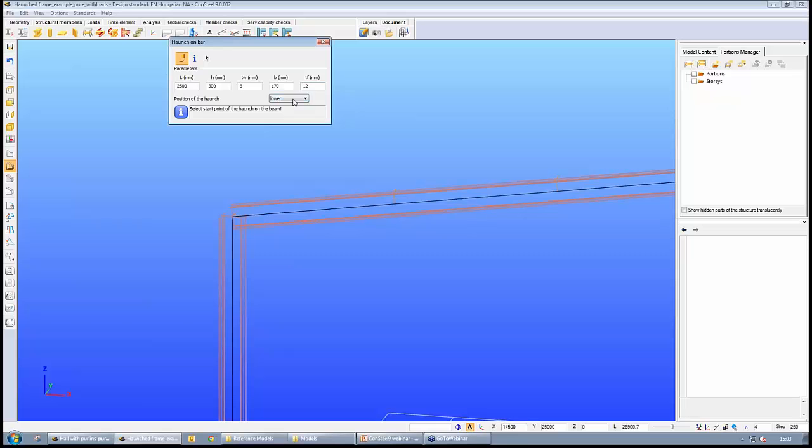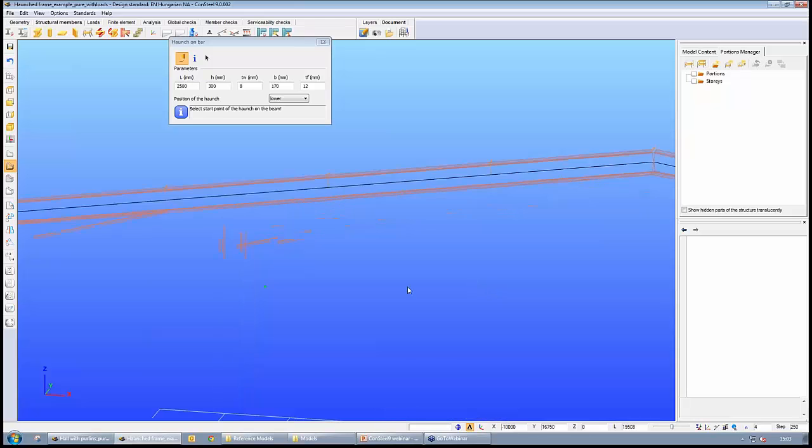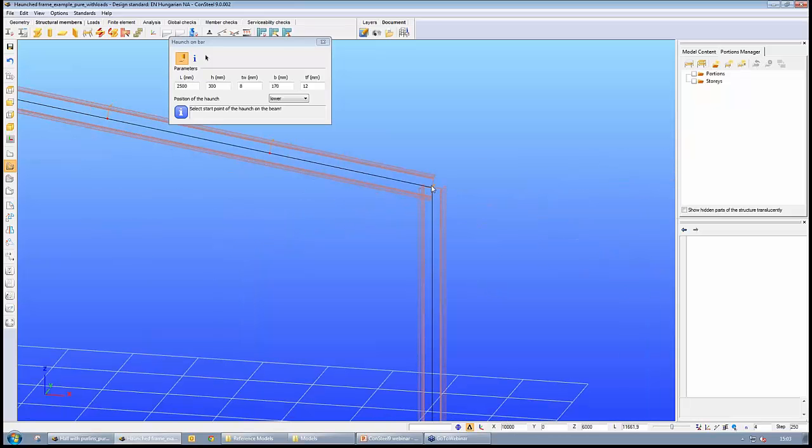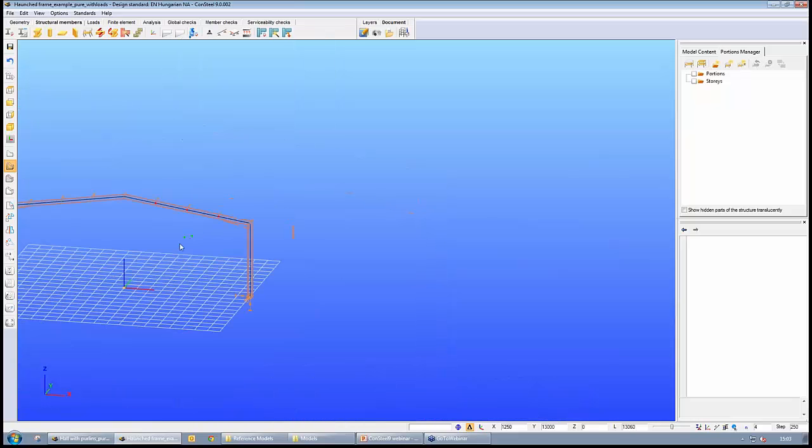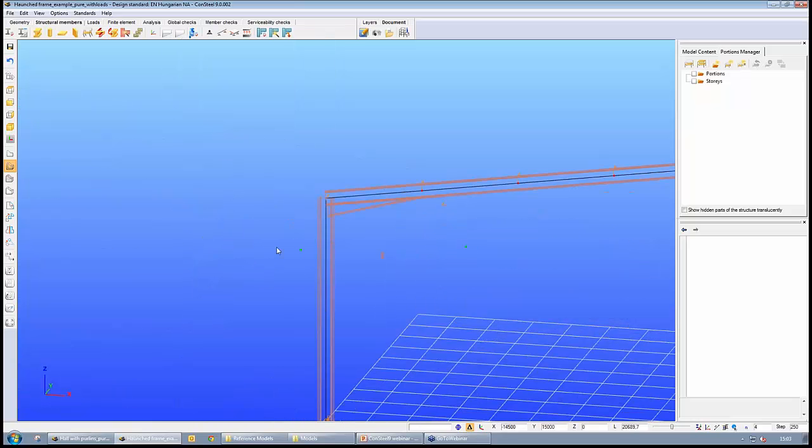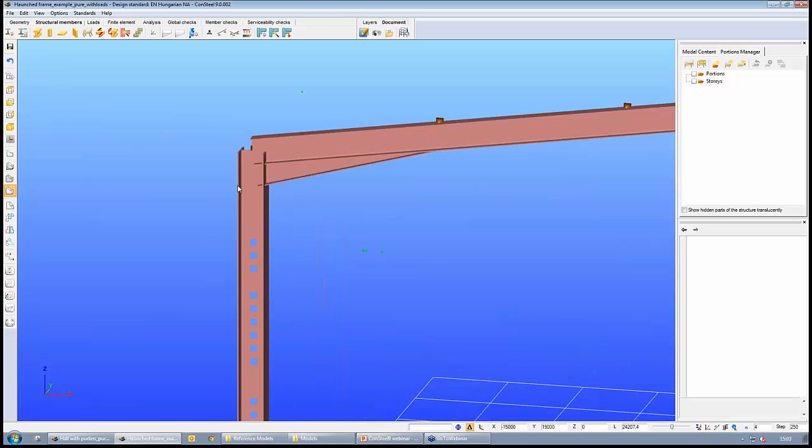And the position of the haunch can be lower, symmetric, or upper. Now it is a lower haunch below our beam, and now we just select the start point of our haunch, which is here, and the direction, and we made it very quickly. So without any further manipulation, we have created a haunch here,